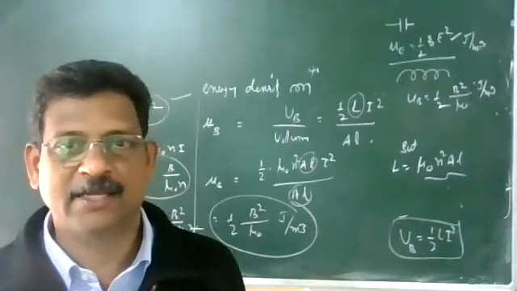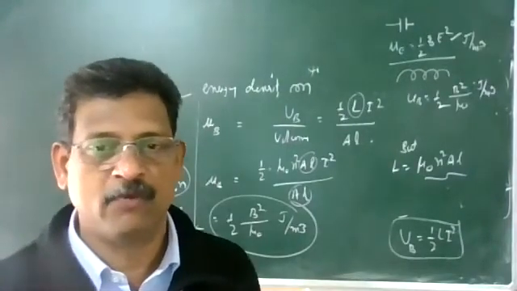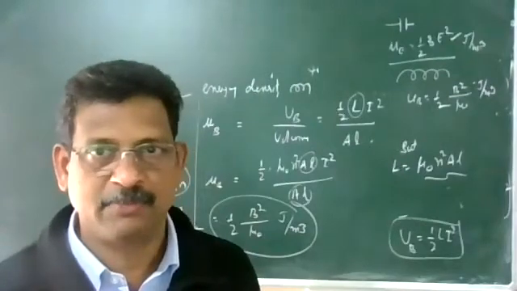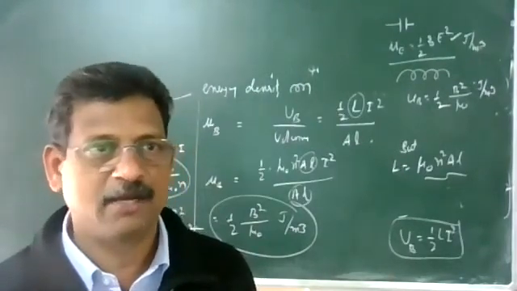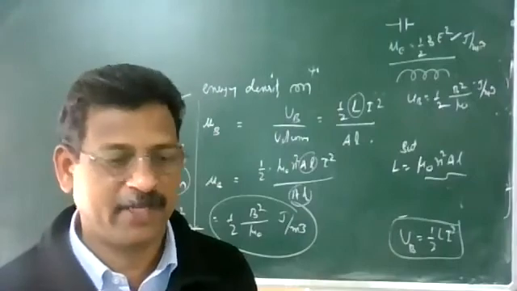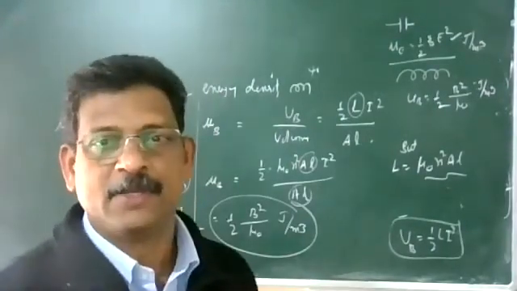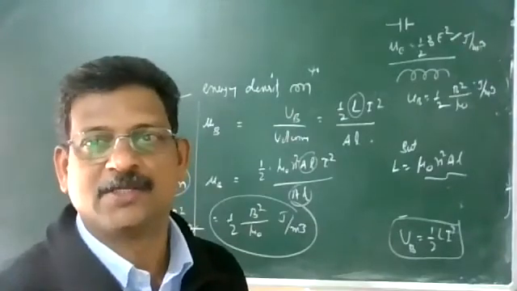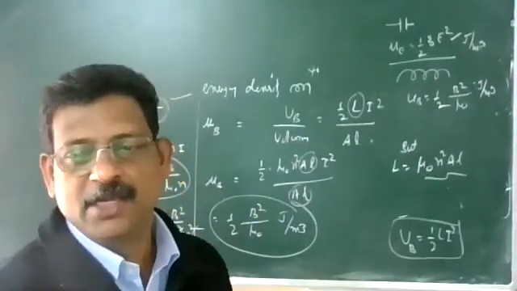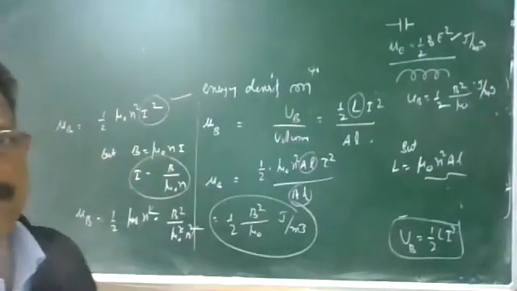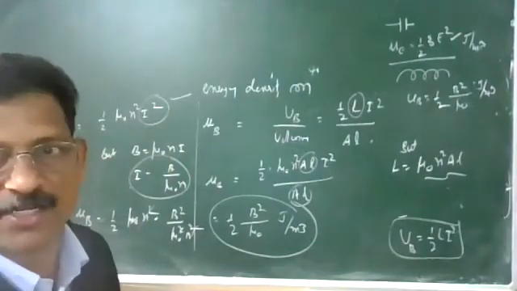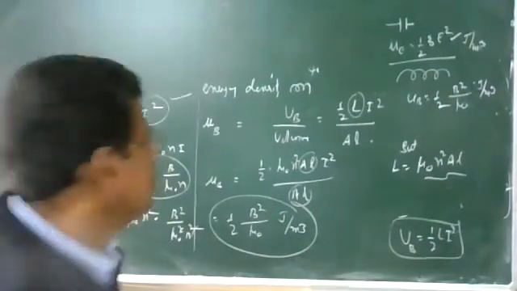Electric and magnetic energies in an electromagnetic wave: when you discuss electromagnetic waves in the coming chapters, the electric field is there, the magnetic field is there, and the energy is 50-50. This is important for competitive examinations. In an electromagnetic wave these two energies are 50-50. They share equal energies as magnetic energy and electrostatic electric energy in the form of this value.